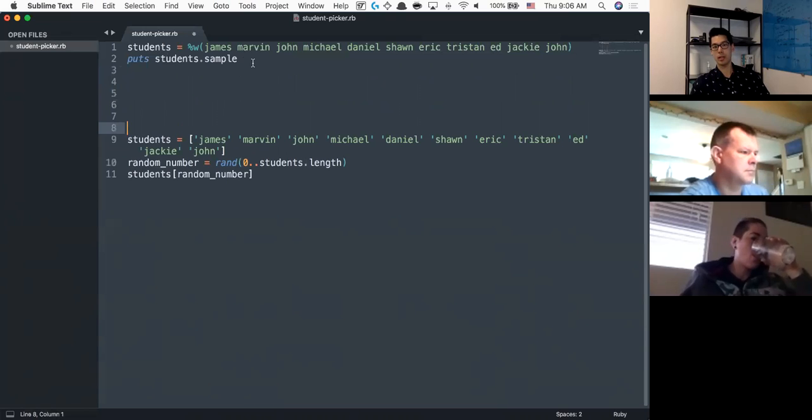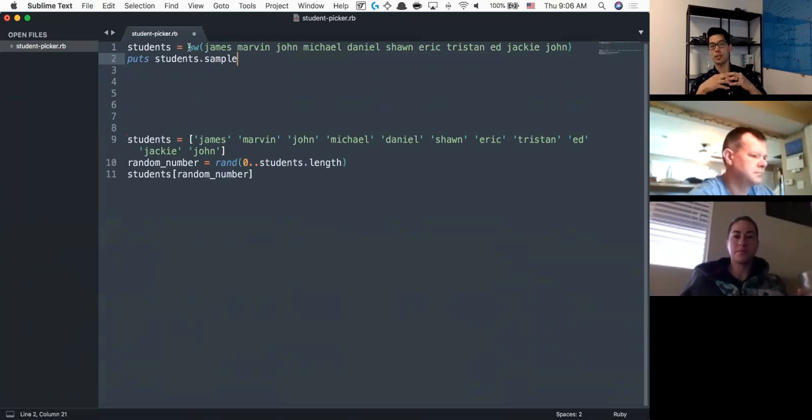So the first one is the way that I would probably write the code. There are a lot of built-in methods in Ruby that make things easier. There's a lot of Ruby magic. There's a lot of things that Ruby just does for you that you may or may not realize, it more or less just happens. Like I have a random .sample method. As long as I have an array full of people, I can just do .sample and it chooses a random